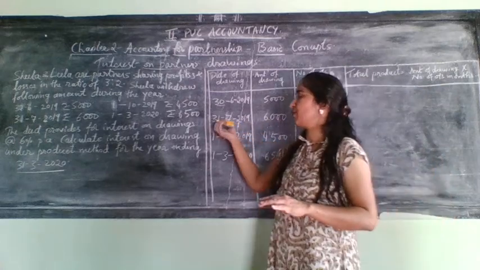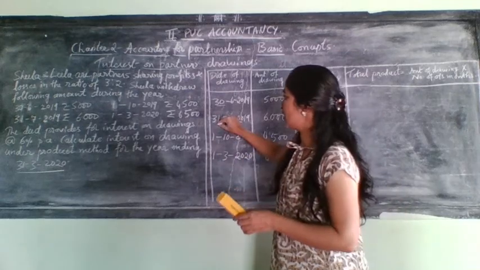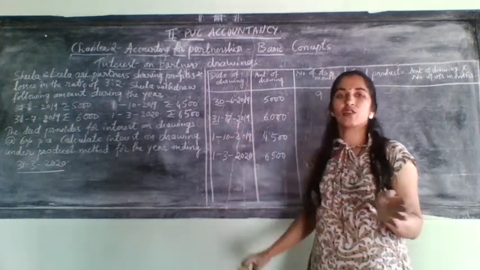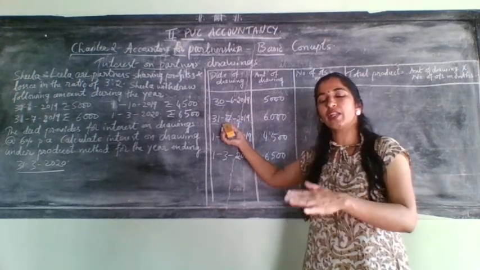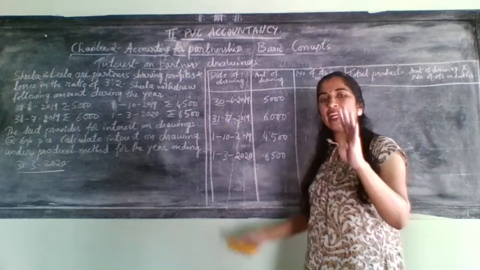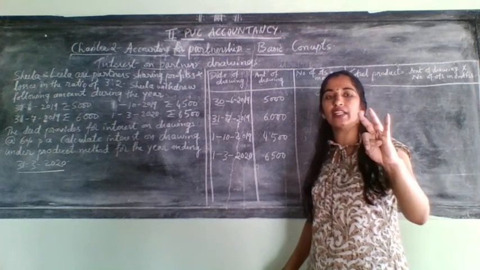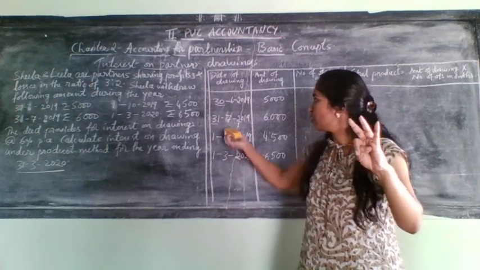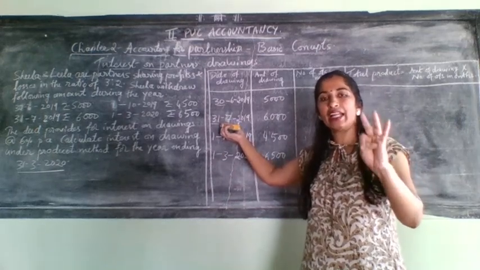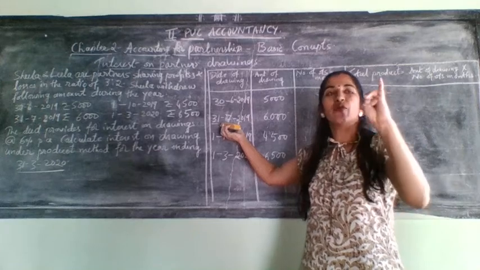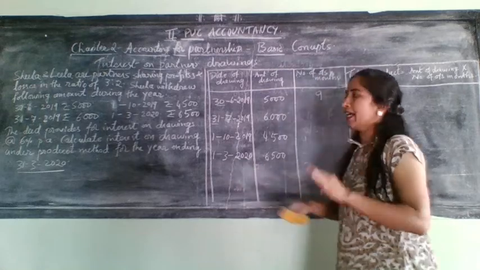Next one, 31st/7. 7th month, but 31st was given. Again, when it is 31st, you need to exclude that month. Which month? 7th month. That's why we need to start from the very next month. Very next month will become 8. So 8, 9, 10, 11, 12, 1, 2 and 3. Total how many months now? 8 months. 7th we will leave. We'll start from 8, 9, 10, 11, 12, 1, 2 and 3. So it will become 8 months.